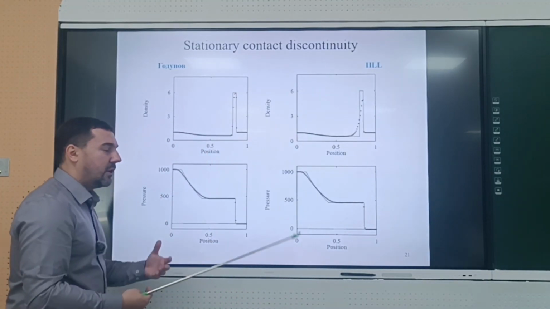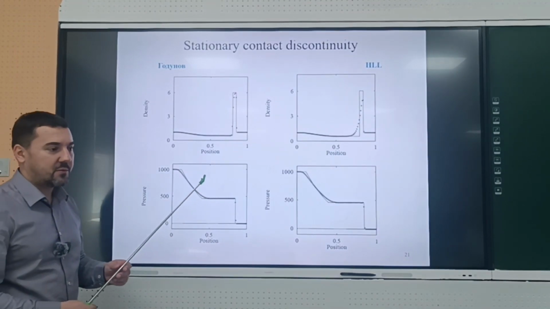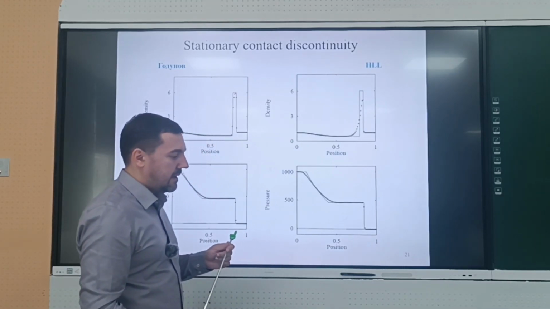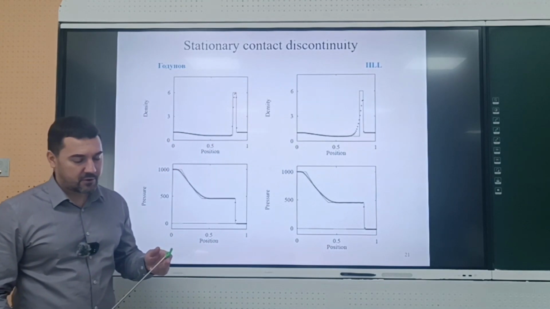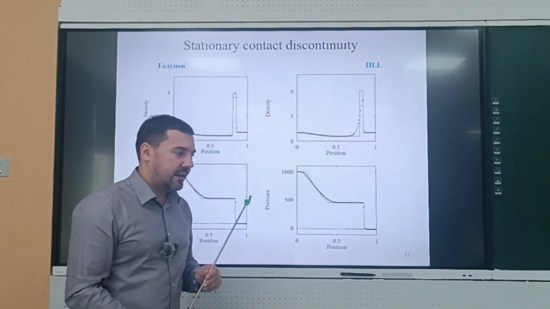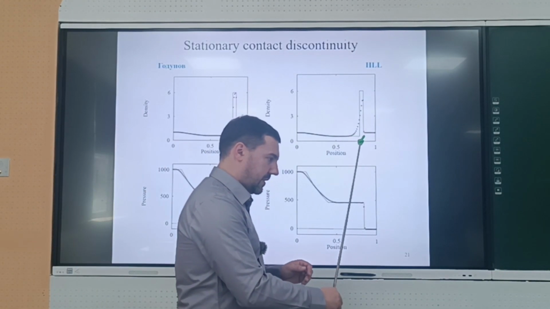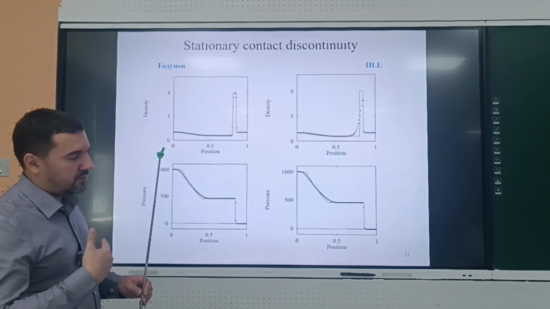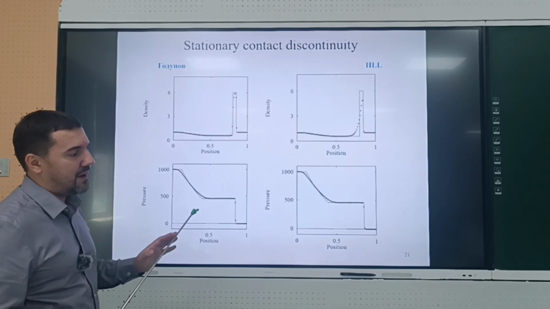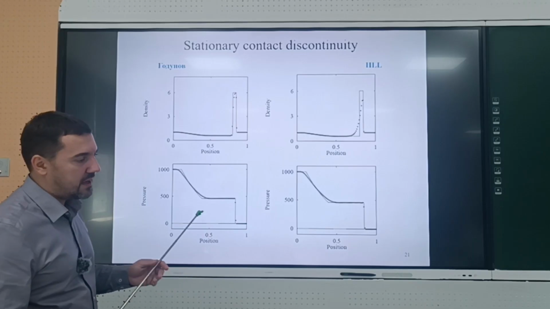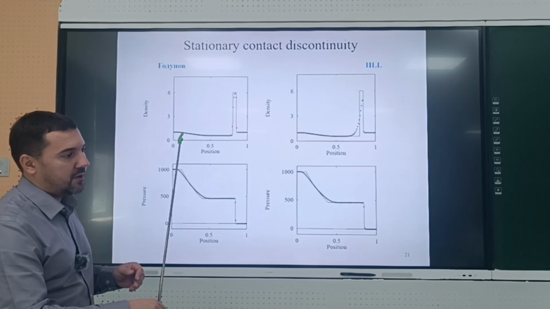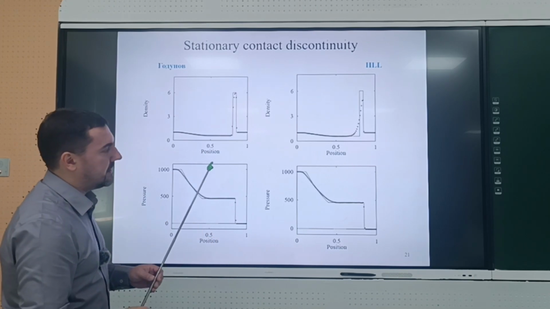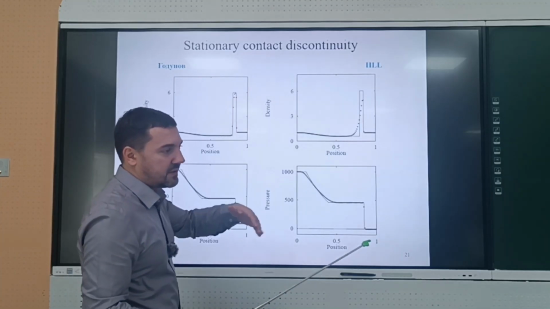So it's not recommended to be used in problems where you're interested in the behavior of the contact surface. The contact surface, if we're talking about just gas, is the surface between two different gases. But actually, and I will show you, you can use HLL type methods for multi-fluid, multi-phase flows, in which the interface can be not only between just gases, but between gas and solid phase, between gas and fluid. And the problem is that the HLL method smears all these